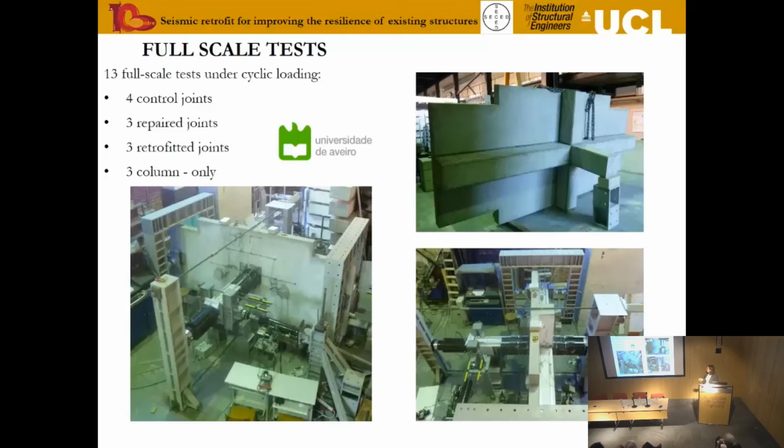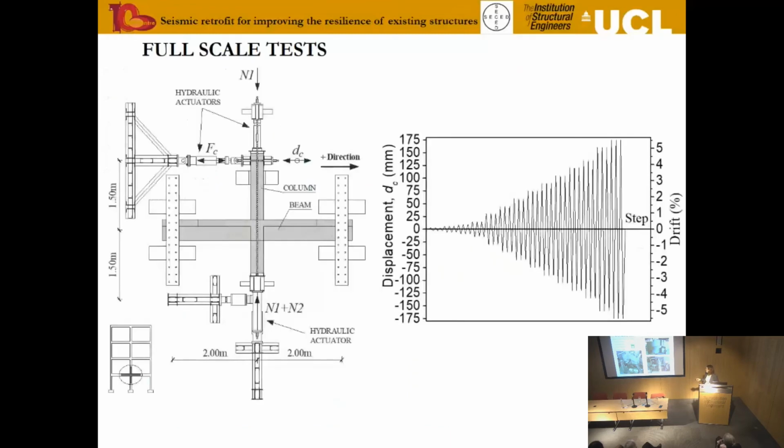What you might find interesting is that in this case we actually tested the joints horizontally. This is one of the quirks of the facilities at Aveiro University where we did the testing. So this is the bottom slab, this is the bottom column, the top column is at the top there, and it's resting on its side. This is part of the frame that is restraining the upwards, downwards movement or equivalent of the beams and the slabs, but we are allowing them to move in a horizontal direction freely. There are jacks at the top and at the bottom applying axial load, and then we are pushing the top column sideways and displacing it under different cycles.